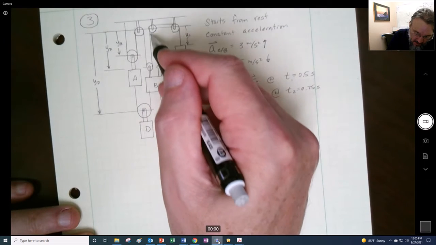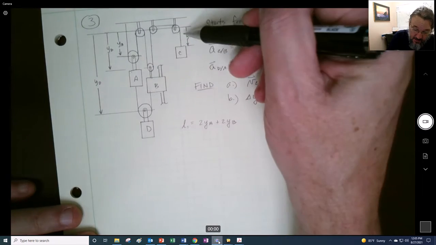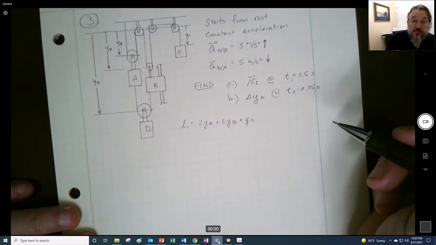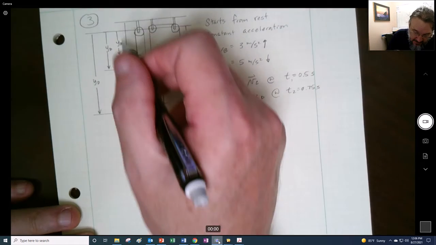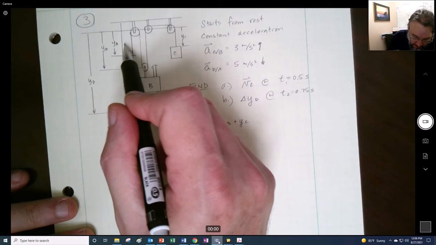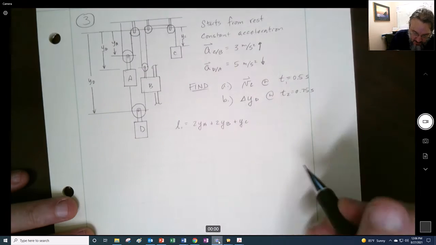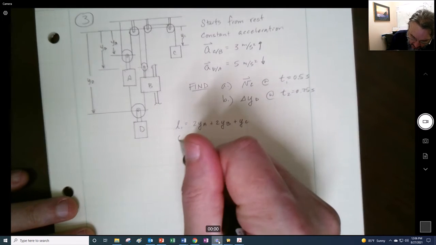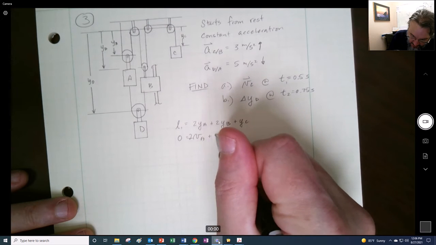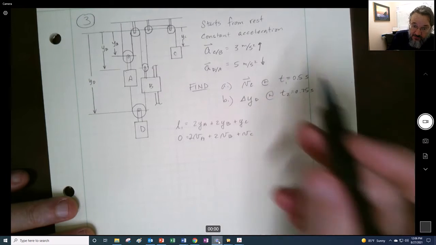Then there's 1 and 2. And now this doesn't matter, that's constant, it always stays the same. Then we have this length right here, so that's plus YC. Easy enough after you see it. There's a lot going on here, but if you just trace through, there's 2 times YA, 2 times YB, plus YC. So we take the velocity: 2 times VA, plus 2 times VB, plus VC, after we differentiate that, and